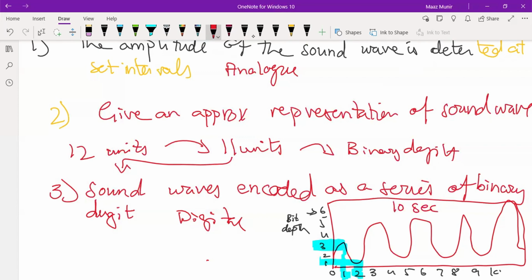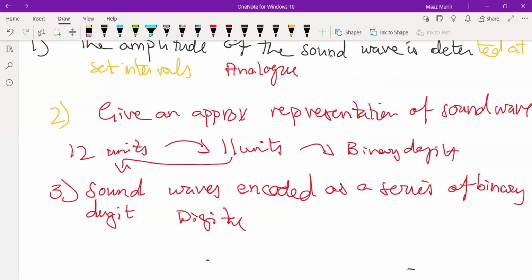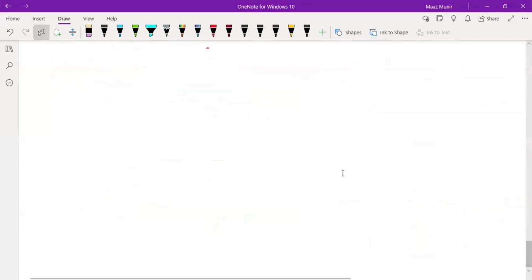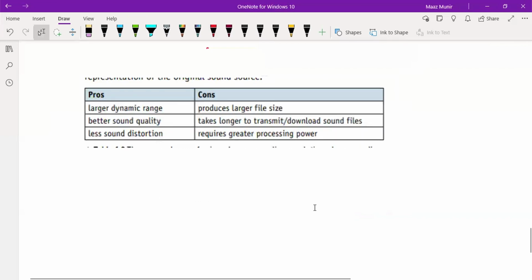And so, it's that concept. Okay, that's great. And then the third point basically refers to you converting those amplitude values into binary digits. And now, the last thing of the entire chapter, what are some of the pros and cons of having a